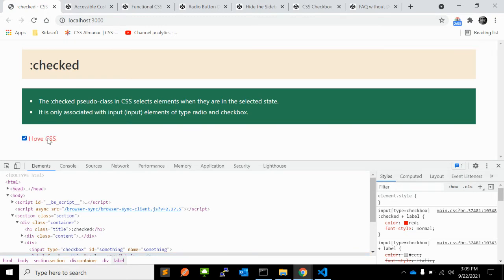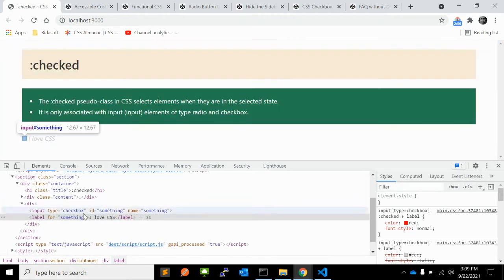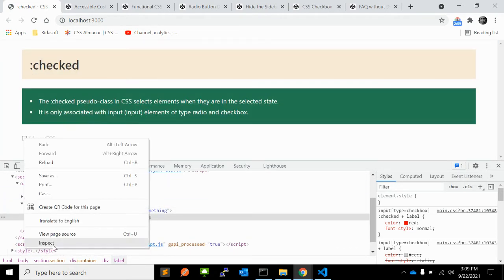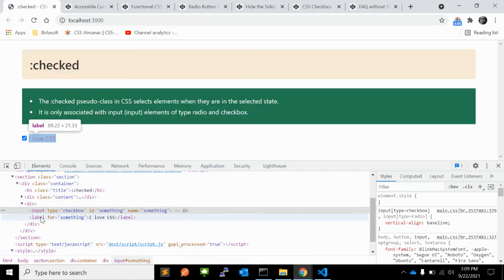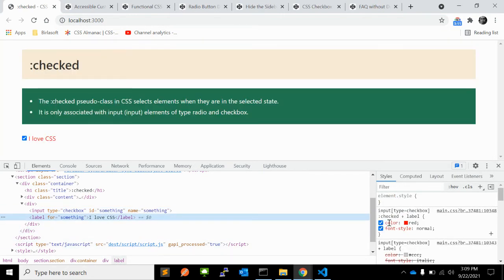So when you click on the checkbox, it will be in the checked state, and using the checked pseudo-class selector here, let me show you. Yeah, you can change the properties for the label. So when you are checking the checkbox, the checked state is applied, and you can change the look and feel, the CSS for the checkboxes. So in this example, using the checked pseudo-class makes forms more accessible. The checked pseudo-class can be used with hidden inputs as well.